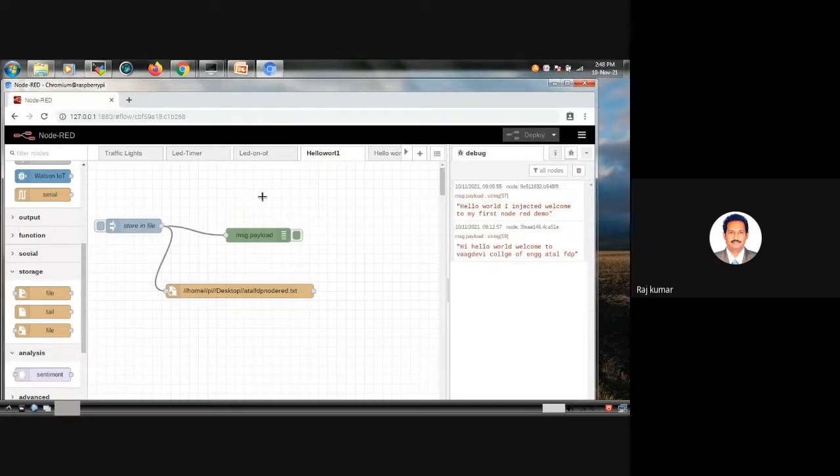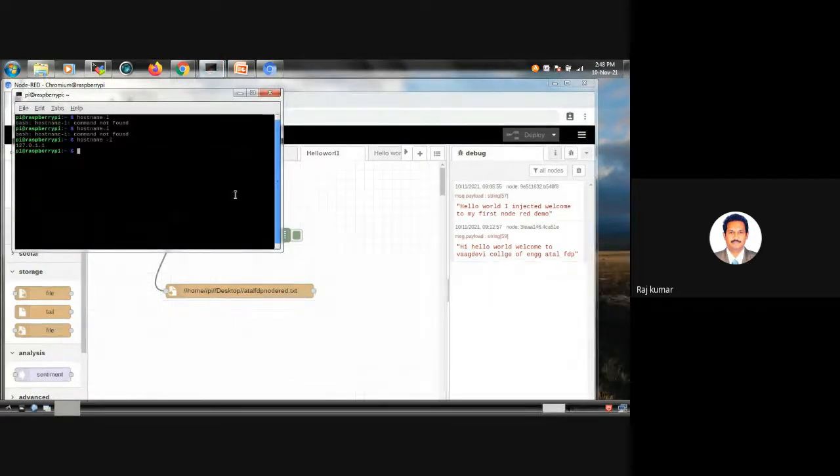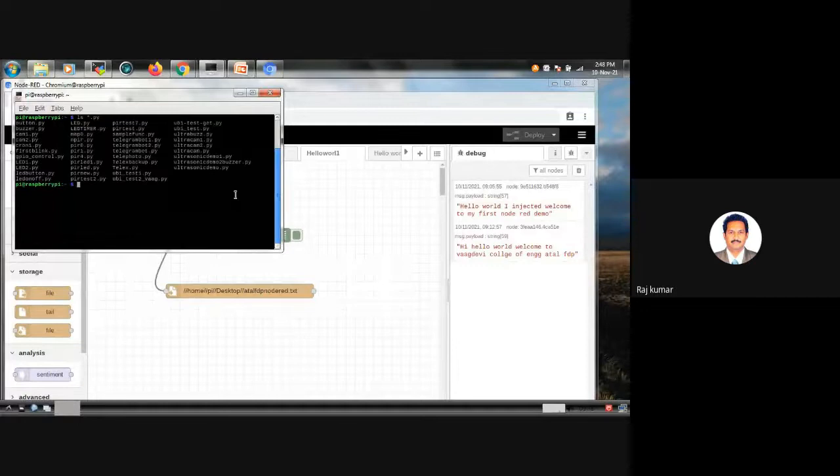In one example, we'll see. It's in the Python files.